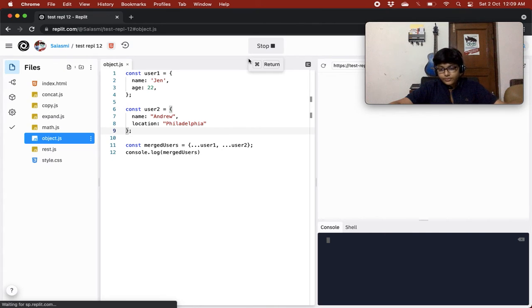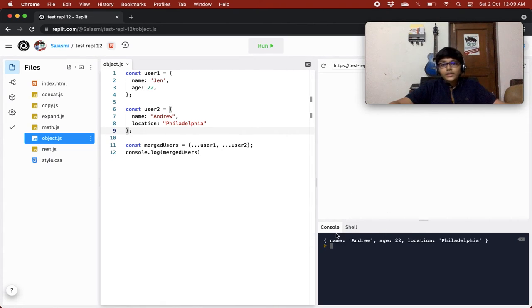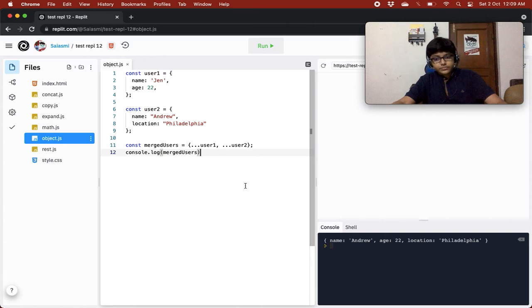Whatever you give first will not be accepted, right? So why is name, age and location coming? Because what you were doing, you were taking all the items of user 1, adding them into the merged users, then you were taking all the items of user 2, adding them into this object, right? So what the end object was becoming, it was becoming name, gen,